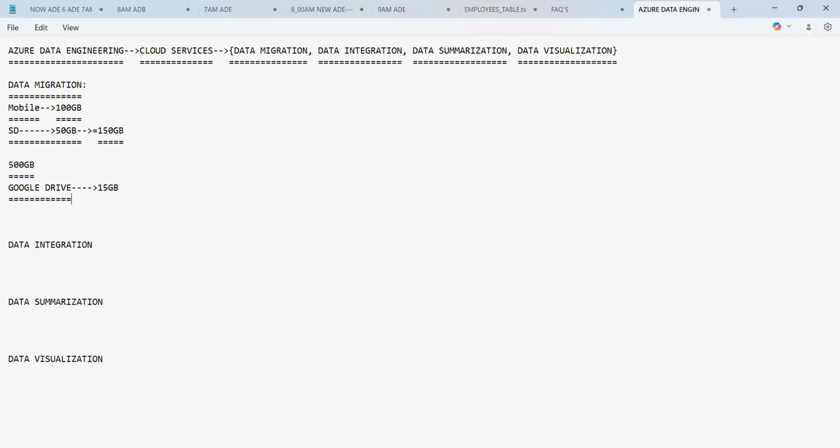Up to 15 GB you can store data for free. But beyond 15 GB, suppose you want to store 500 GB of data, then what you need to do is purchase space on the drive.